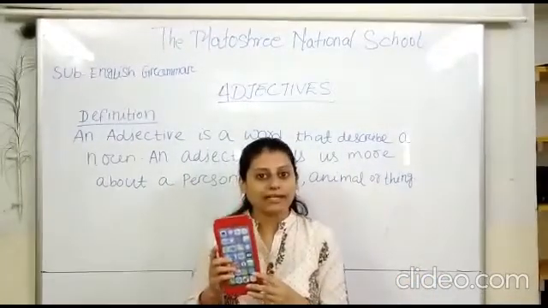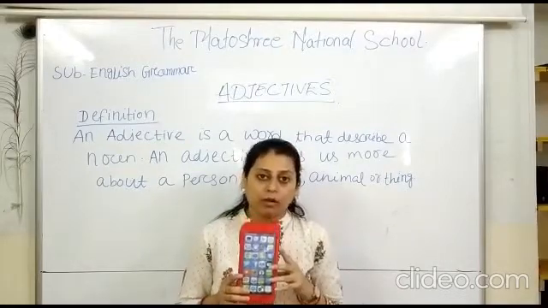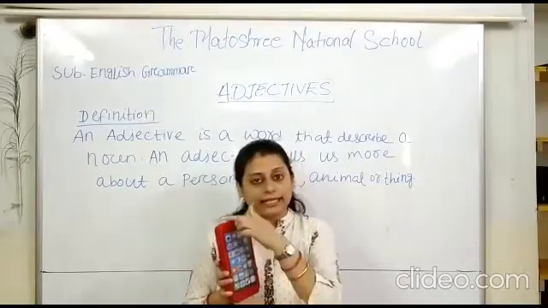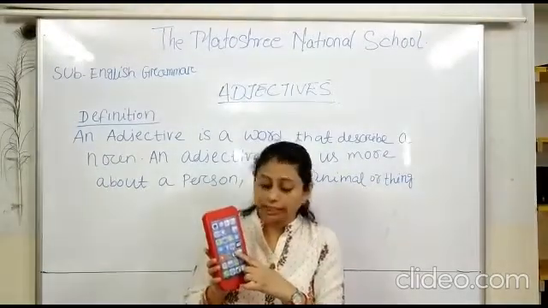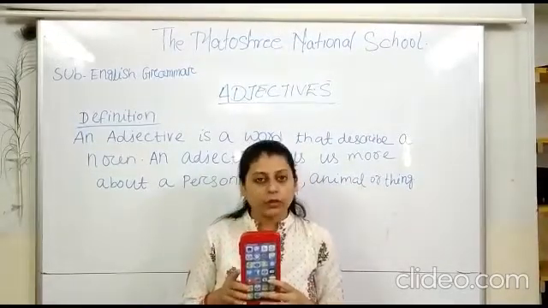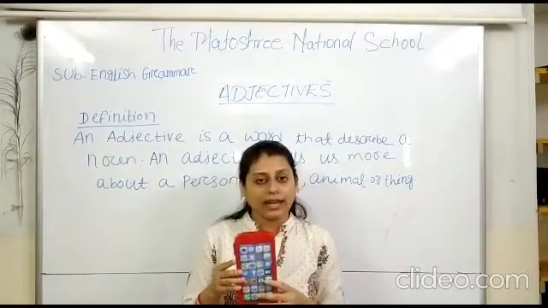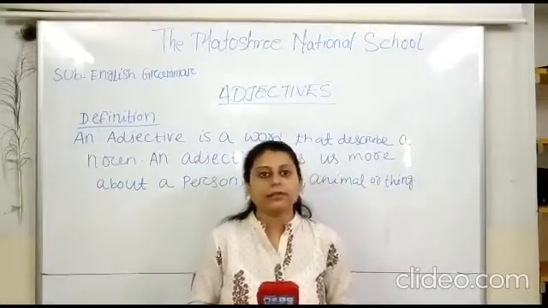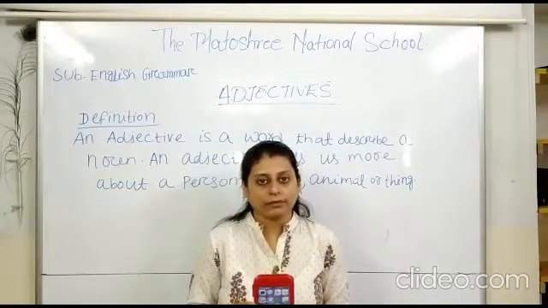This is a pencil box. Okay. So if I want to describe this box, how can I describe? That it is red in color, it is rectangular in shape, it has lots of pictures on it, it is made up of plastic. So these are the words we use to describe this box. Now let's learn how adjectives can be divided into various parts.